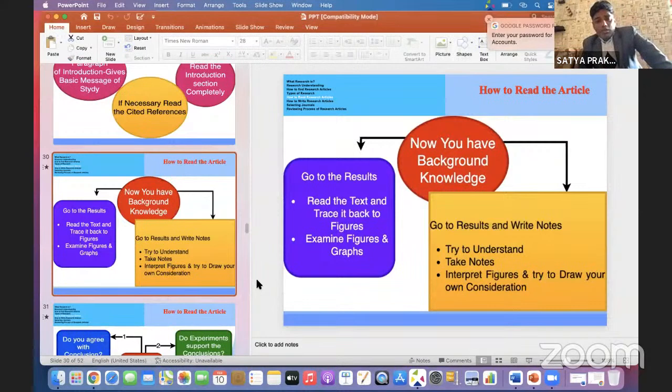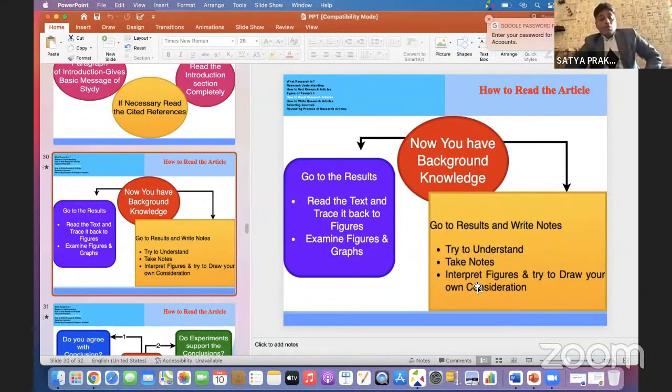Because if you have no idea about the tools, then you cannot read the article properly, you cannot understand the things. So it is your responsibility to select the area in which you are comfortable. Suppose I am a social worker, so I have to choose social articles, social responsibility articles. I am not going to the science articles or the medical articles. So these are the parameters for the background of your research or your scripting.